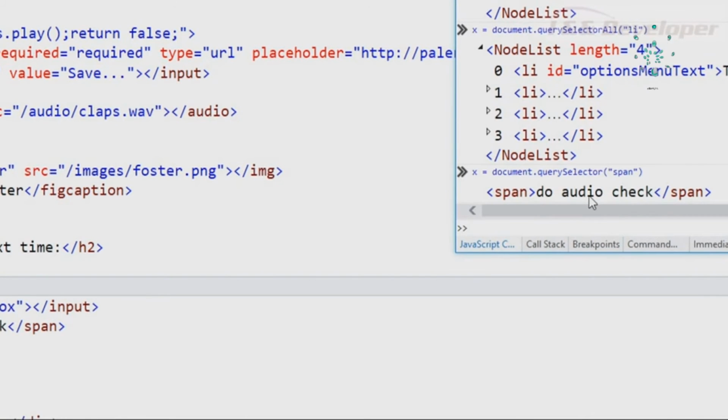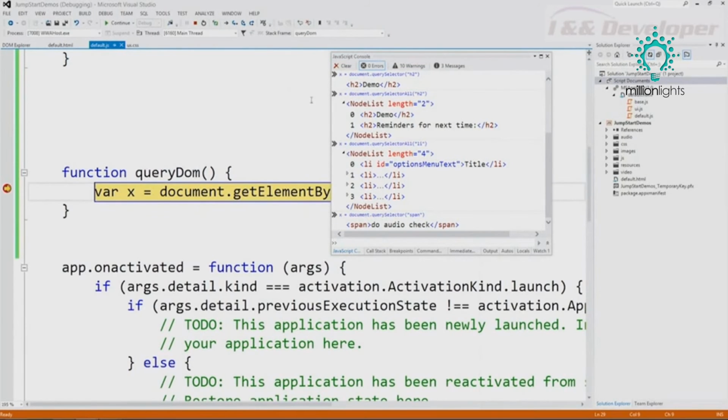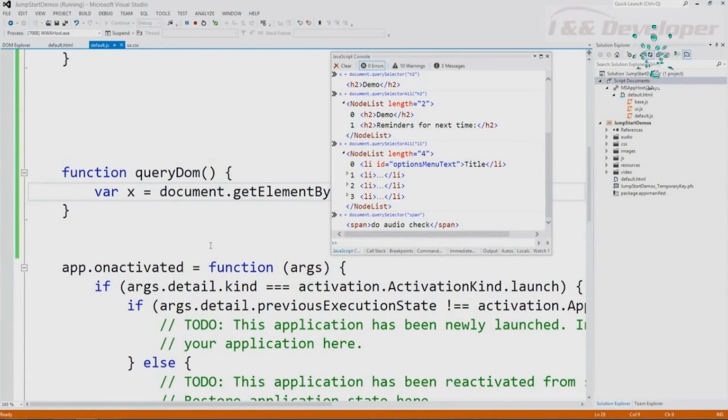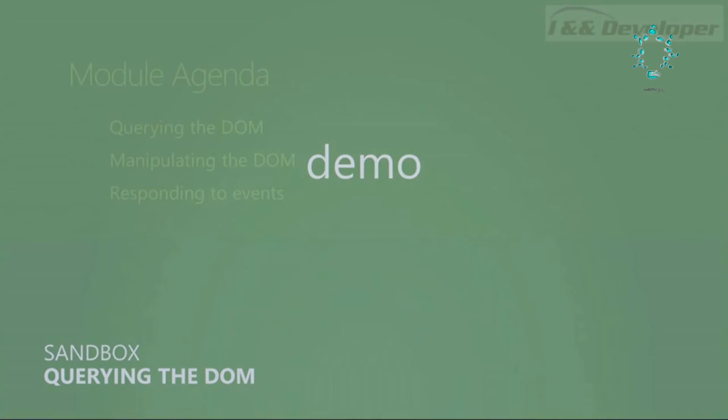By the way, I added these check items on this page. If I were to run this right now, you'll appreciate the fact that I was concerned. I'll take that break tag off. Make sure and do audio check, video check, and buy the text a drink. I think that was also a check item for the other things tomorrow. Do you have any way of making that high priority item? Yes, I should make that a high priority by adding a class or doing something that would really make it stand out. And in fact, that's really a nice segue to what we really should be talking about next,